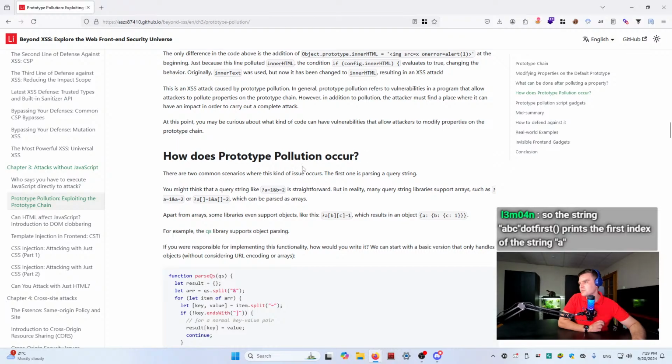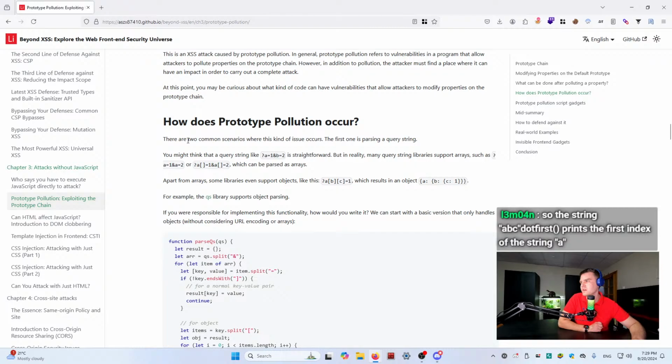So how does prototype pollution occur? There are common scenarios where this kind of issue occurs. The first one is by parsing the query string. I guess prototype pollution usually happens in some search queries where JavaScript is probably being used. You might think that a query string like a equals 1, b equals 2 is straightforward, but